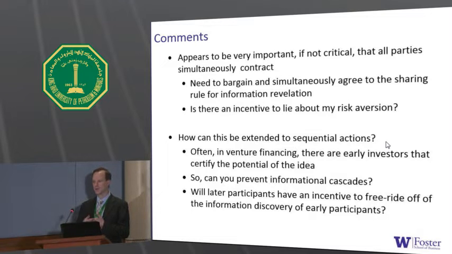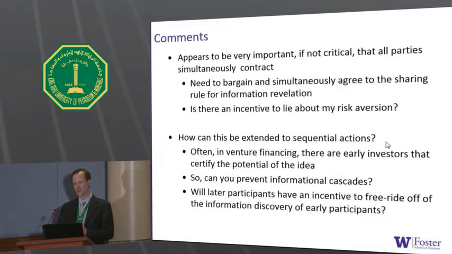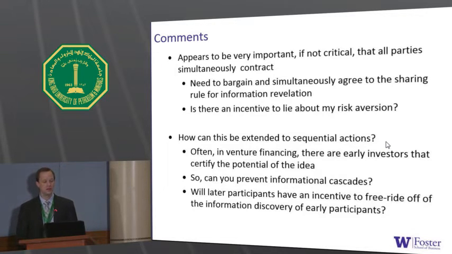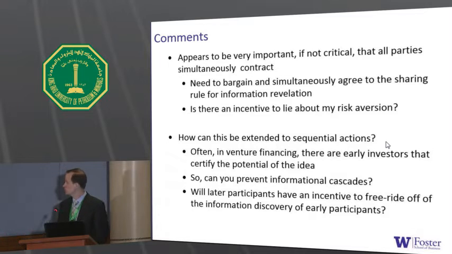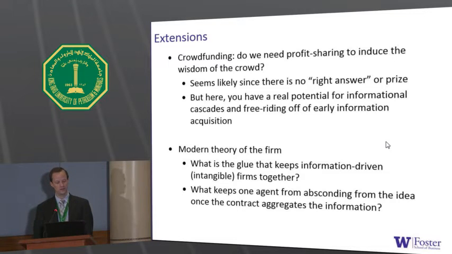And we know that one of the classic problems in the wisdom of the crowds is to prevent an informational cascade based on early movers with bad information. And so the question of whether you could incorporate sequential actions and yet still avoid informational cascades would be really interesting to me, especially because under these situations you might have incentives of later participants to free ride off of the early information discovery. Some of the extensions that he mentions and that I'd like to talk about as well,